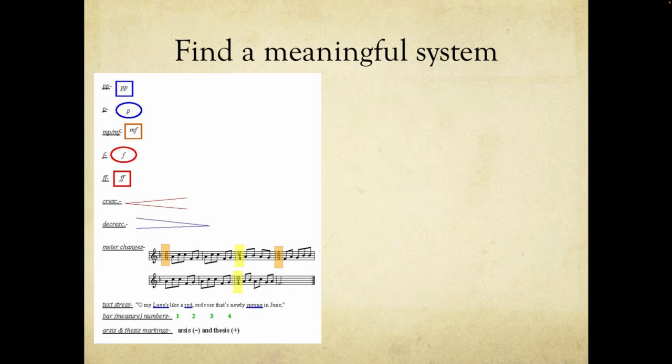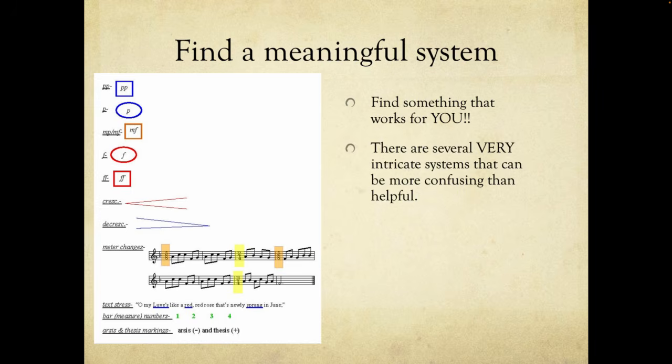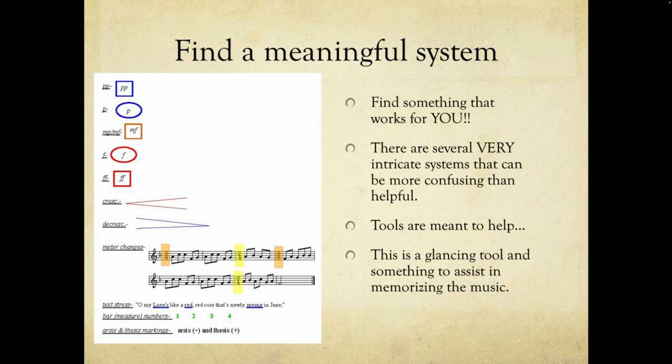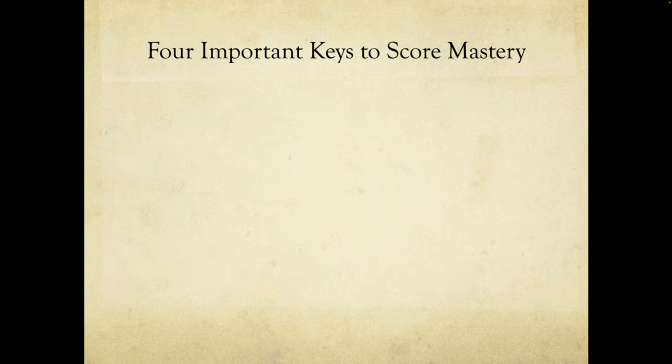Also, always, always, always mark every bar in your score. Every bar. I use green because it's just always what I use. So I want you to find, again, a color that you can always signify for that meaning. Got to find something that works for you, right? There are intricate systems that a lot of people teach. I tend to be as simplified as possible because, again, this is helping you learn the score, and it's an eye catch. It's not supposed to be something that you overemphasize. It's a tool, right? They're meant to be helpful. So it's a glancing thing to help you and assist, not something that should focus your time.